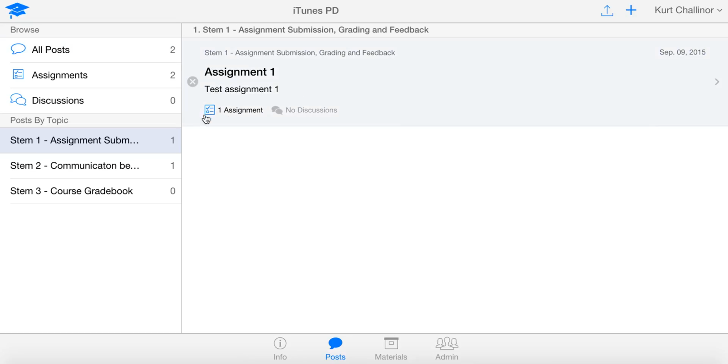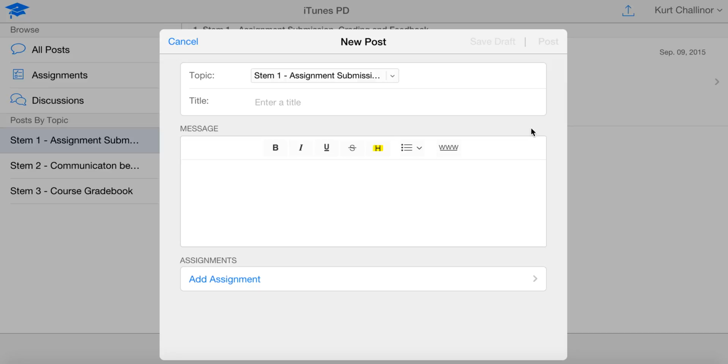and you can see I already have an assignment in here. And you can see that this has an icon here which is telling me that this is going to be graded and that I need to submit work. And I'll add a new one in here, so I'm going to go up to the plus symbol up the top here and click that. And that will bring up a new post,